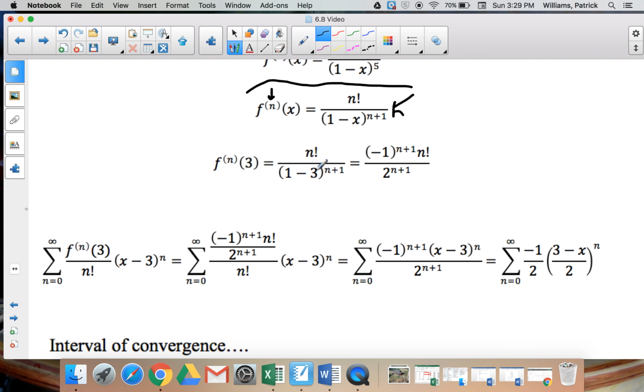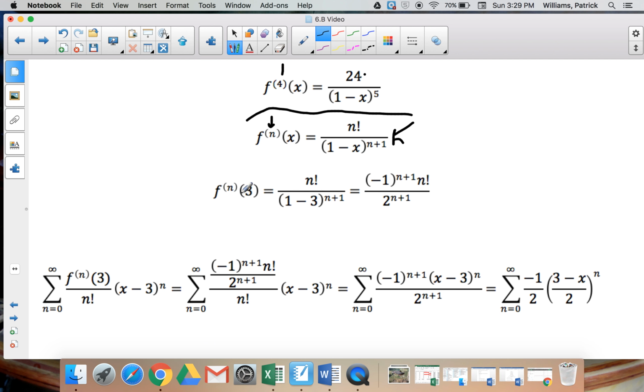Okay, so if we did this, the next thing we can do is we know we want to evaluate this derivative because we're centered at c equals 3. So if we plug 3 into that, we end up getting this sequence right here. Then if we plug that in for our Taylor series, we see, well, these n factorials, they'll cancel out. So we'll just end up with this equation, which really is a form of a geometric series, which we can rewrite like this. In this case, our value a is -1/2,